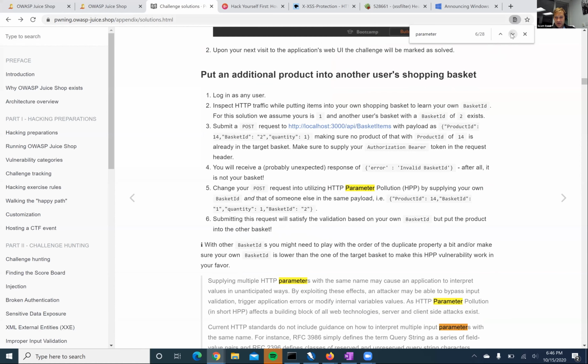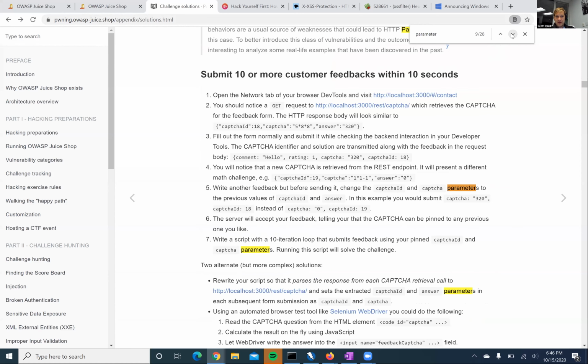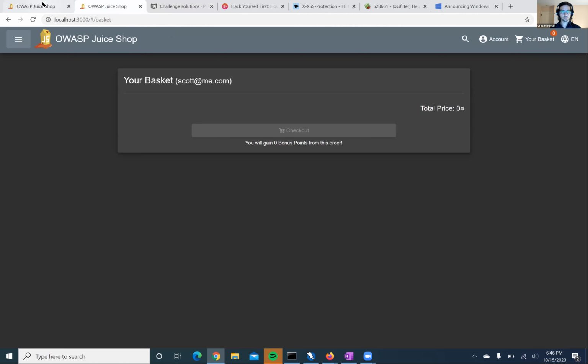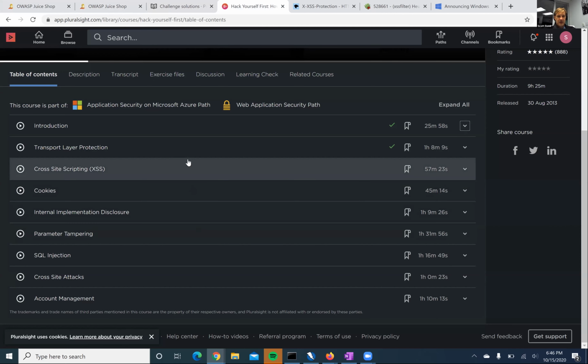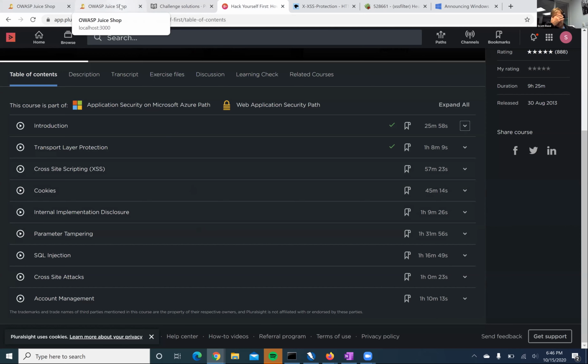I'll grab this random assortment of ones related to parameters and put them in the link for next week's exercises. It's just those three modules here, and I think there are 6 parameter-related exploits from Juice Shop.